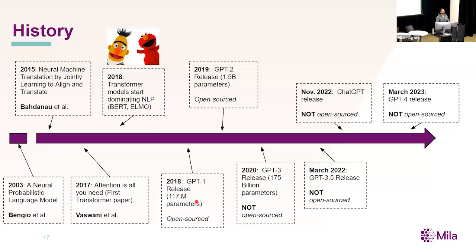Still in 2018, we have the first version of GPT. This one was 117 million parameters, considered small by today's standards. This one was open sourced, and at the time, OpenAI was still very much keen on open research and publishing everything. Then came along a few years later GPT-2, a big increase in parameters, almost 10x. This model was eventually open source, but when GPT-2 first came out, they had all sorts of concerns about security, and they didn't want to publish it right away. A few months later, though, they decided it's worth it, and they published it. Then in 2020, GPT-3 was released with 175 billion parameters.